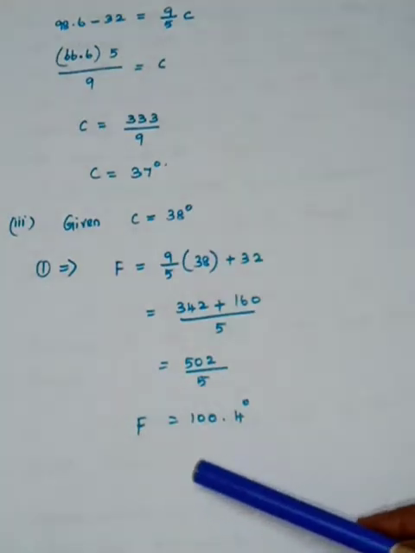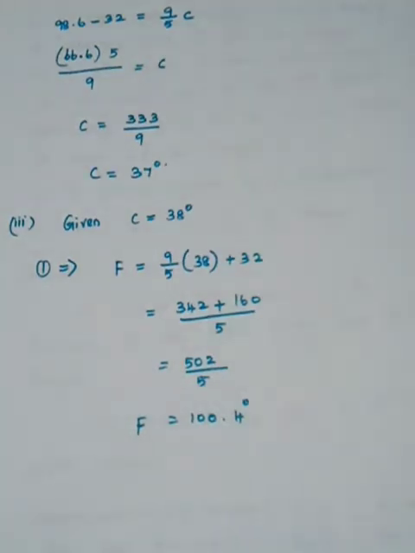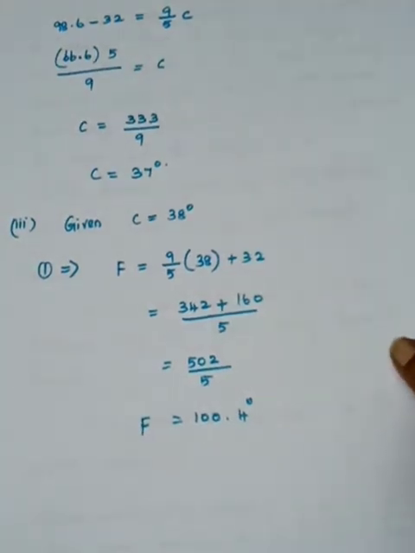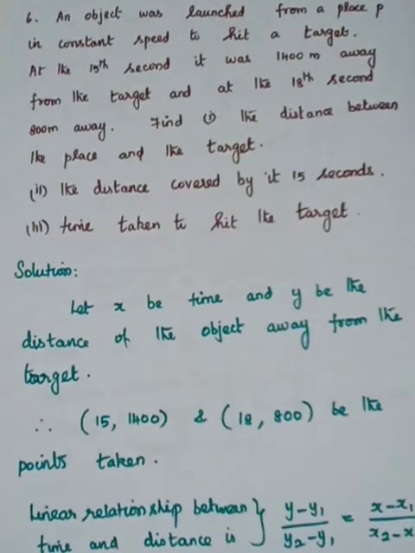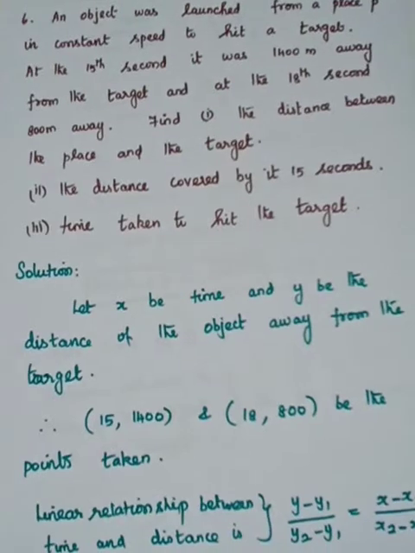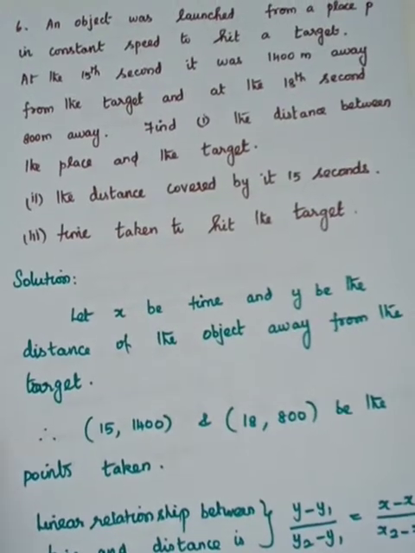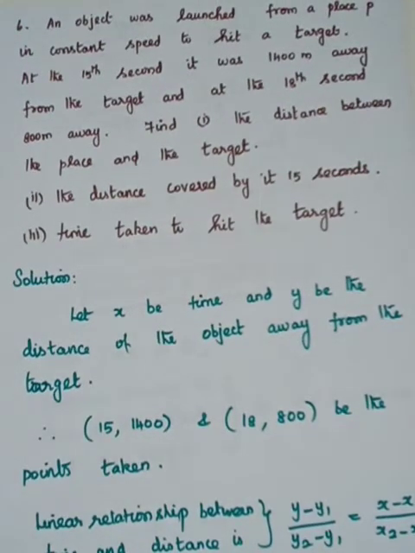So that is 100.4 degrees Fahrenheit. We have written the relation between Fahrenheit and Celsius, and we have found what is asked. You see that. Coming to the sixth problem, an object was launched from a place P at constant speed to